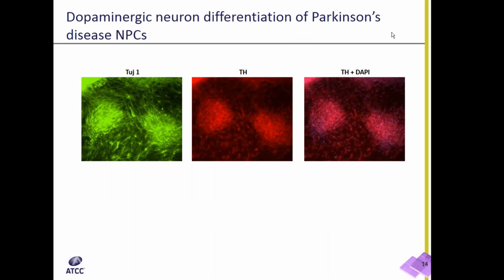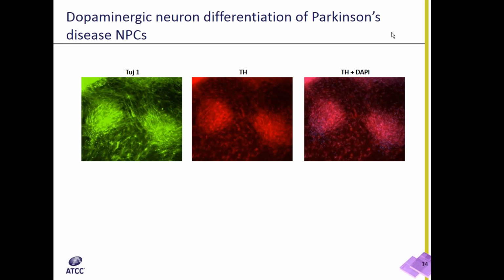We then wanted to confirm that our dopaminergic neuron media could induce differentiation of neuroprogenitor cells. Parkinson's disease neuroprogenitor cells here, ACS 5001, were seeded on cell matrix basement membrane as before. We incubated the neuroprogenitor cells with dopaminergic neuron media again for up to 3 weeks. By the way, one slight difference from the normal neuroprogenitor cell differentiation protocol. We found for optimal differentiation of these cells, we needed to add 5 micromolar CHIR